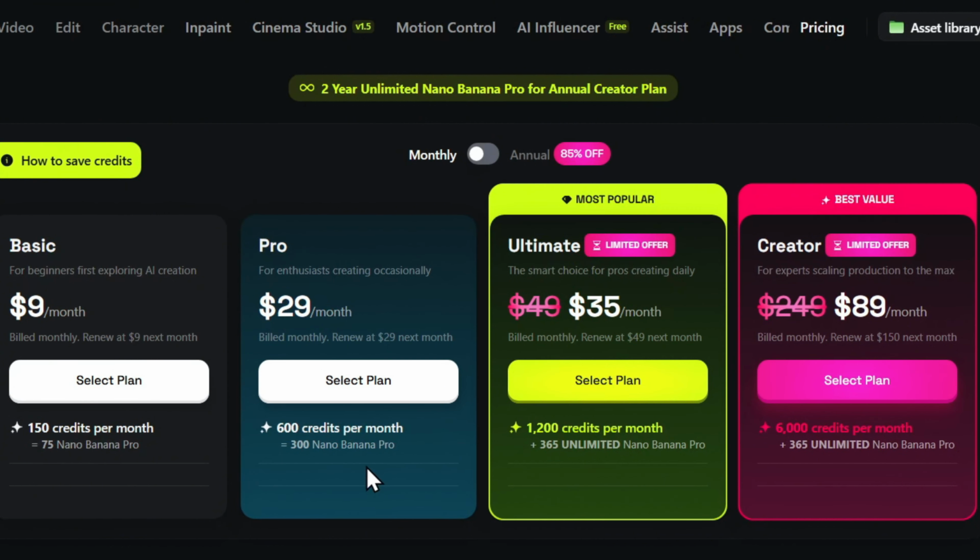You have the pro right here, and it says you get 600 credits per month. This one gives you 1200 credits. But guys, I don't know how many credits I actually need. I just need enough credits so I can play around with this tool and just make some really cool tutorials